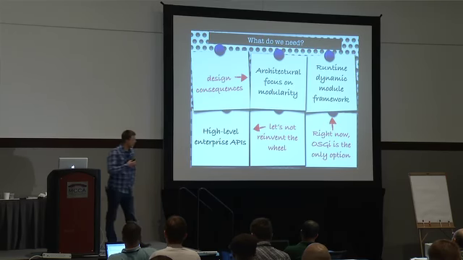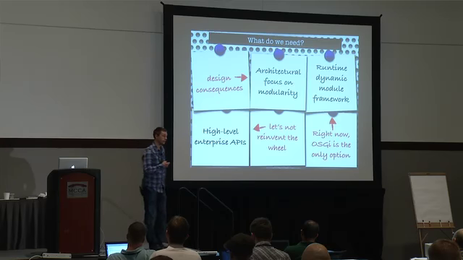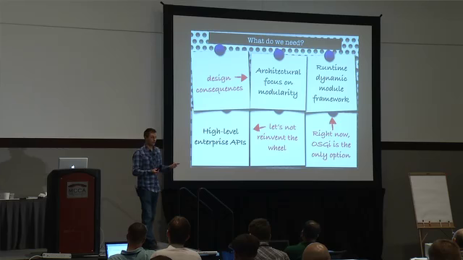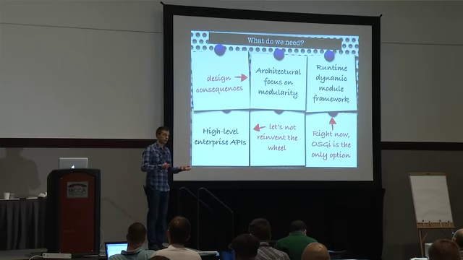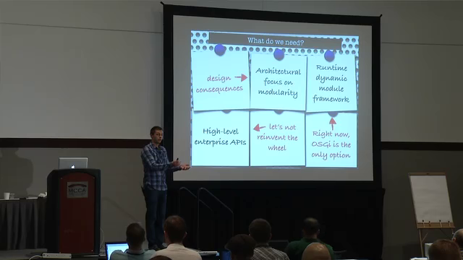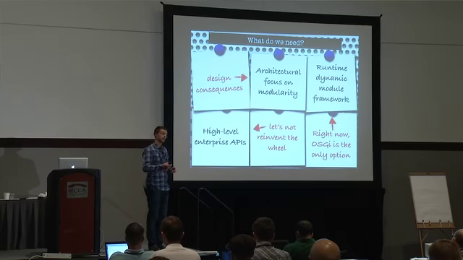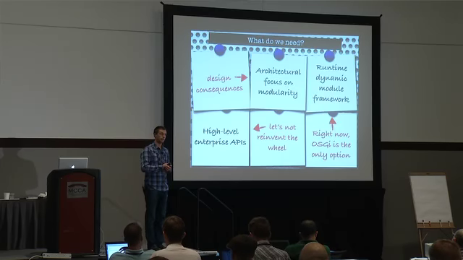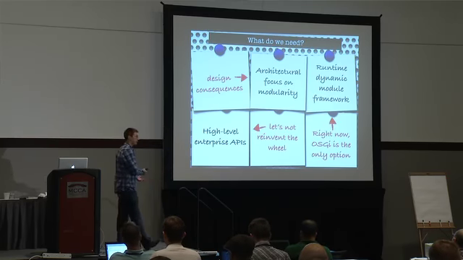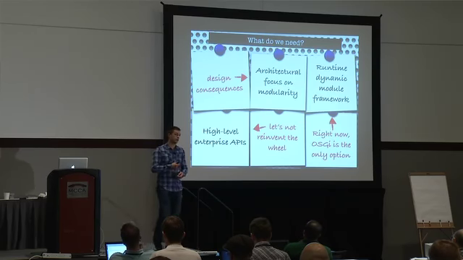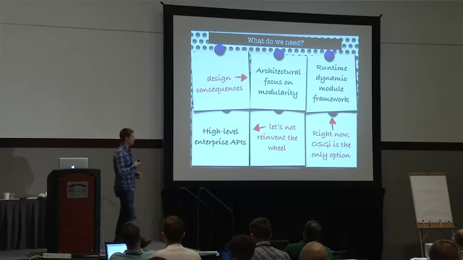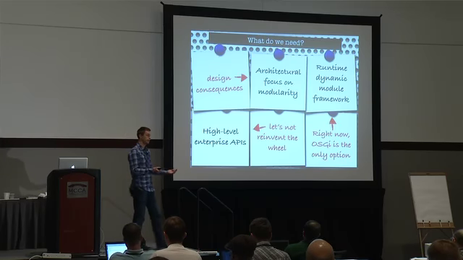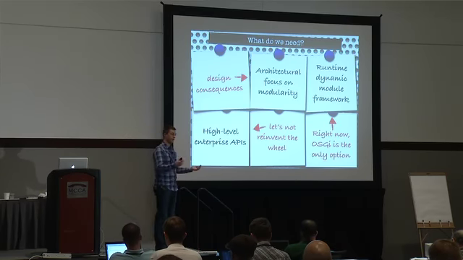At the same time, we want to keep using Java EE, of course, because Java EE has all kinds of nice APIs to do things like transactions and work on the web, do RESTful web services, etc. And we don't just want to throw that away and start doing everything ourselves again. A lot of people think that if you start doing OSGi, you have to do everything yourself because you can't use Java EE. Well, this is partly true, and at least it was true in the past, but things are changing very fast at this moment. So what we're going to do is combine OSGi together with Java EE to get the high-level APIs of Java EE, and at the same time get the modularity provided by OSGi.